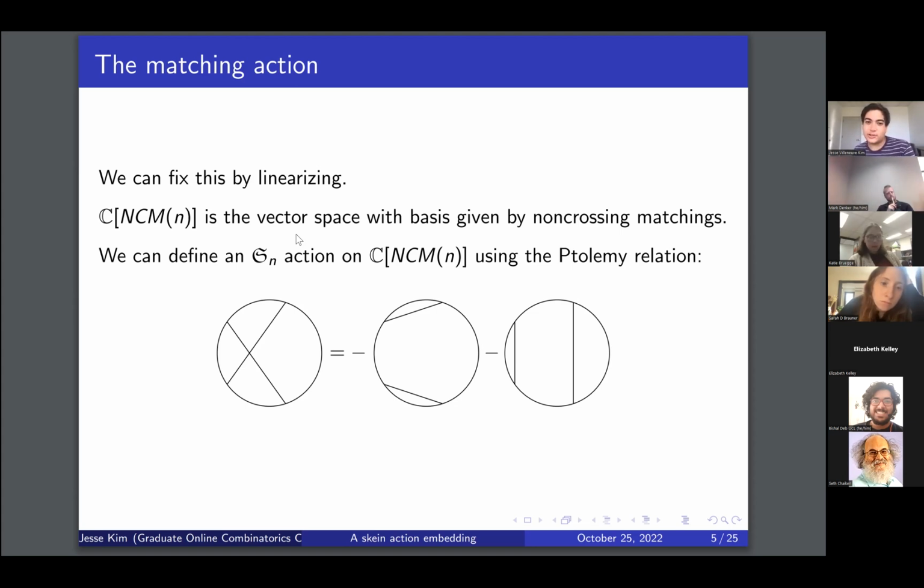The way that's going to work is via this relation called a Ptolemy relation or a Skein relation. That's where the word Skein is coming from. It says that if you have two edges that cross, you can replace them by both ways to pair up those 4 elements in a non-crossing fashion. We can either pair up the top 2 and the bottom 2, or we can pair up the left and the right. And this relation actually shows up in a bunch of other places in math, like in knot theory. A very similar diagram is used to think about